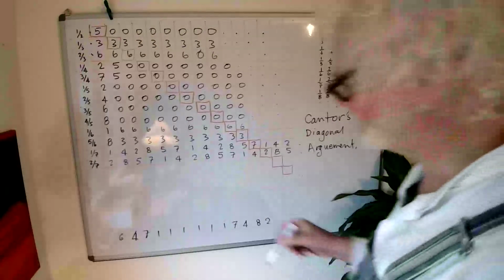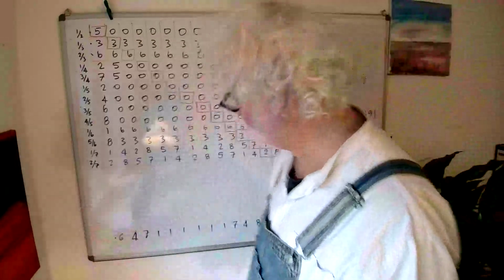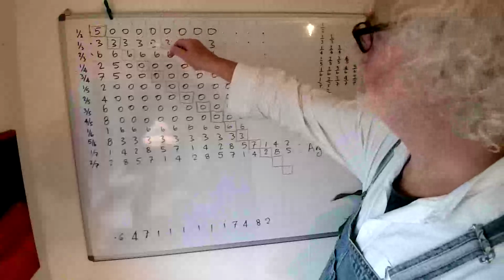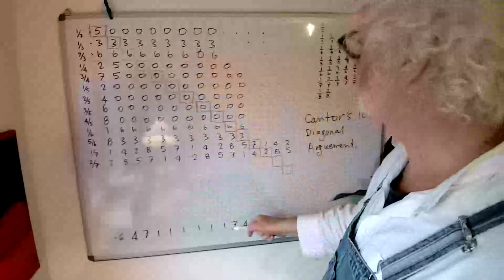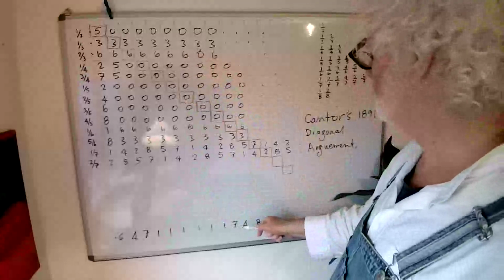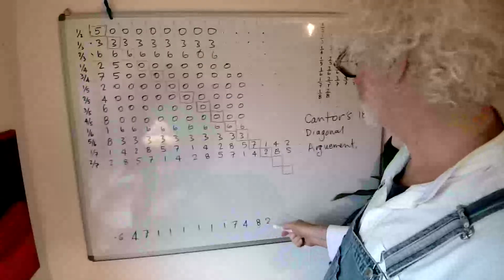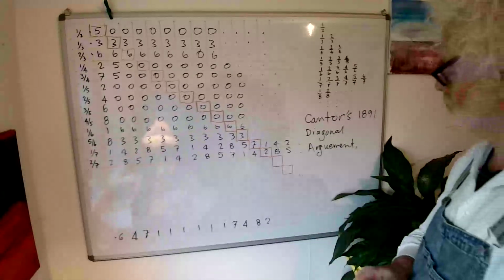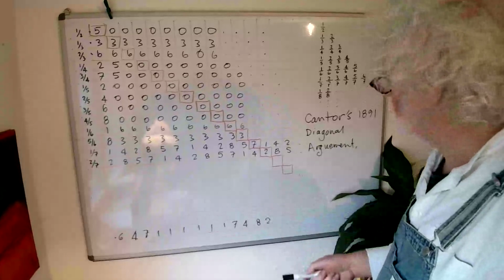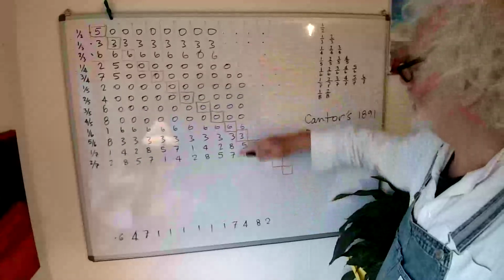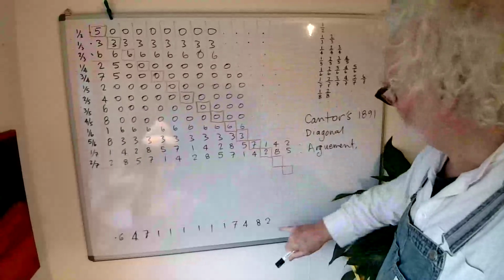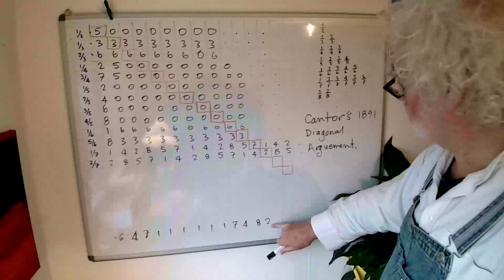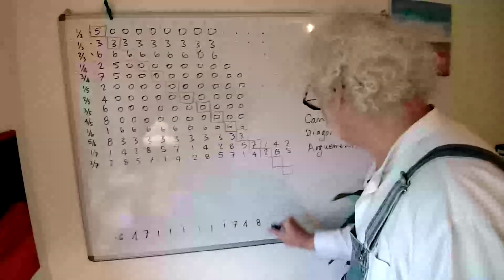And this is actually a decimal with the point there. Have I done that right? 5, 3, 7, 1, 1, 1, 1, 1, 7, 4, 8, 2. Good. And this number is different from any up here. So by the time you enter this number here, it's different. Oh, that's not right, is it? That should be a 3. Well,